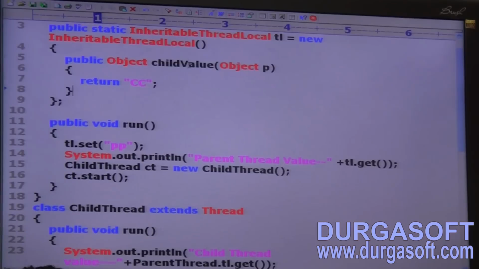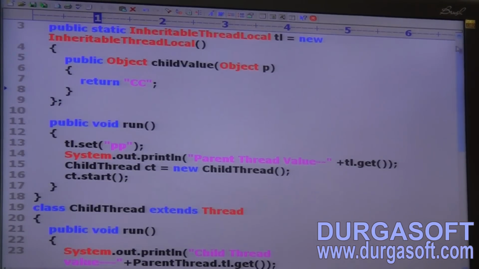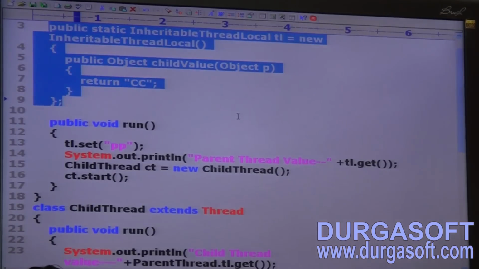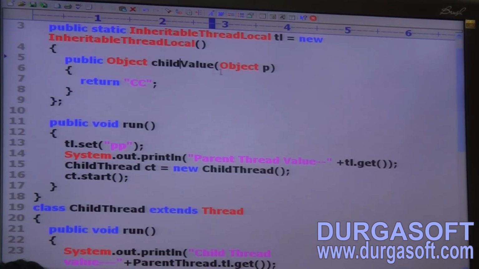Public Object childValue(Object p) returns cc. Completed, right?